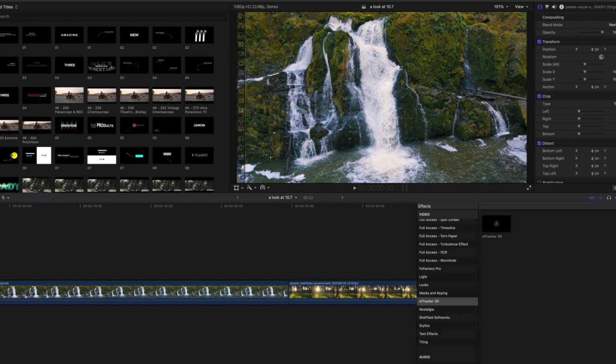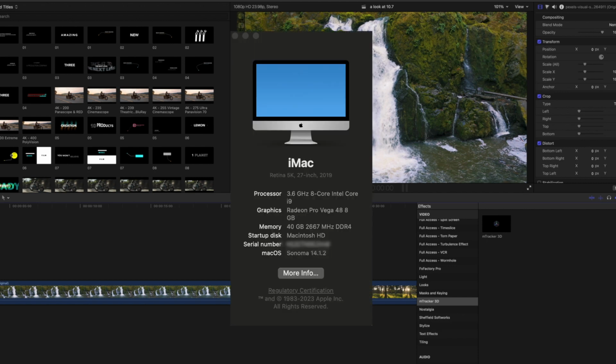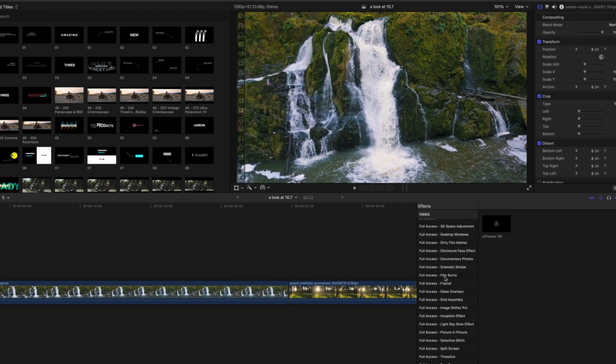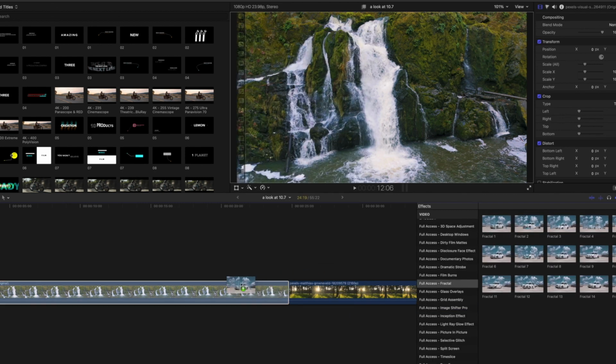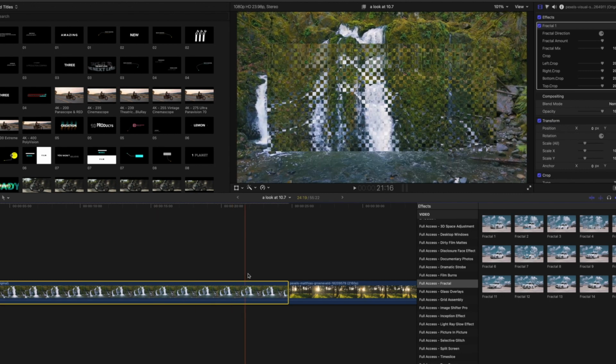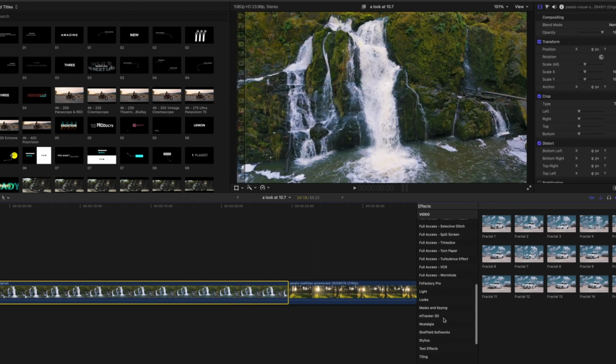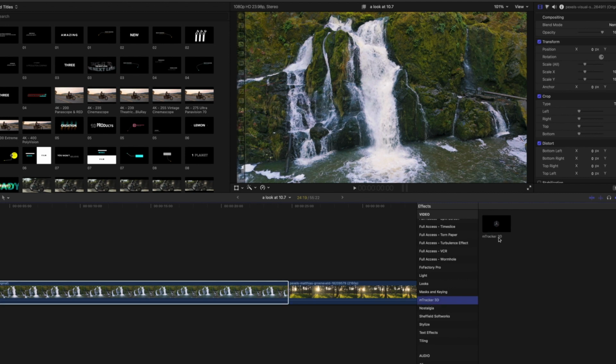I wanted to quickly make a video showing the Final Cut Pro X 10.7 update on an iMac Intel instead of the M series. On the screen you'll see the system I have on my iMac. So I was going through testing third-party plugins to make sure that they all work. The plugins were all working just fine, and then once I got to the Motion VFX mTracker 3D,